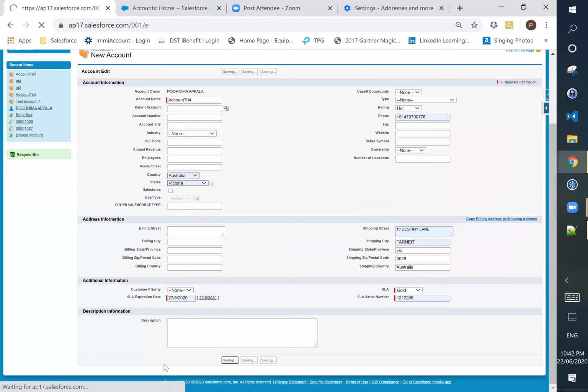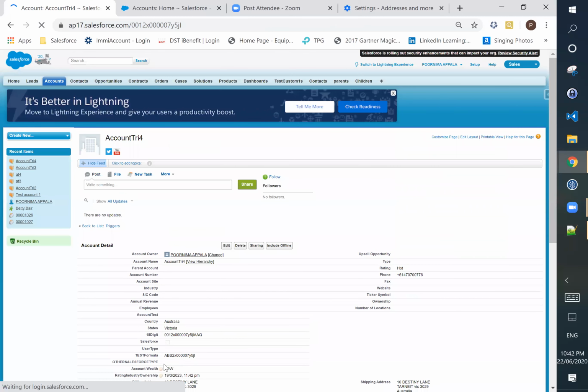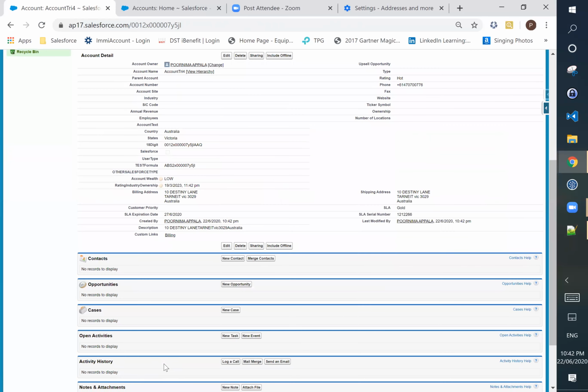Now save. Scroll down. See, the proper address is coming now.